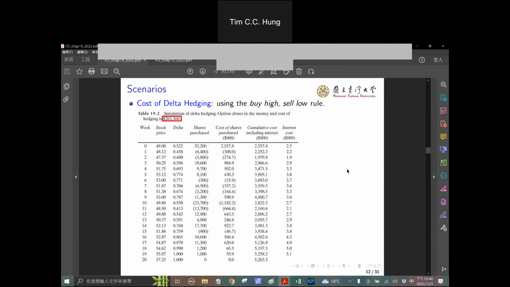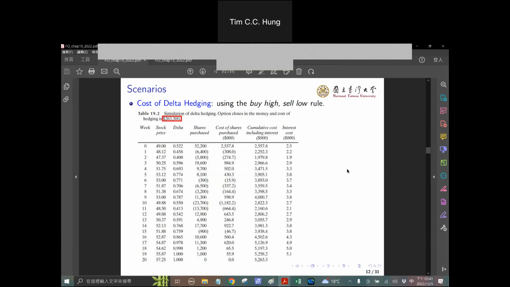What happens on week 19 is that now the total cost is about this. And then at the end, from week 19 to week 20, the cost has accumulated to a value of, remember, these are all in $1,000, so this is $5,263,300. What happens on week 20 is that our counterparty will exercise his right to buy 100,000 shares